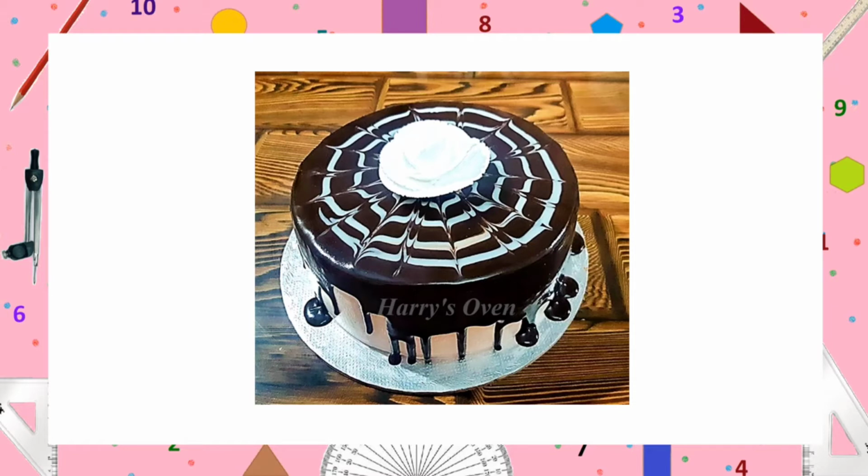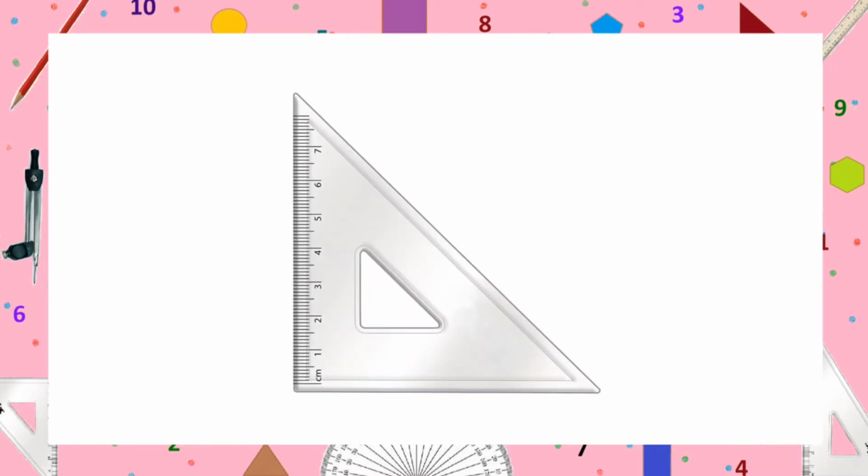Have you ever studied this? In 5th standard, we have studied this. To divide a circle, we can use set squares. So which set square can we use? We have 2 types of set squares. To divide a circle into 4 equal parts, we can use this type of set square. For this type of set square, these 2 corners are equal, right?